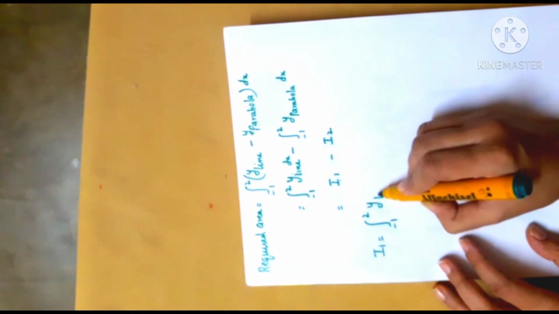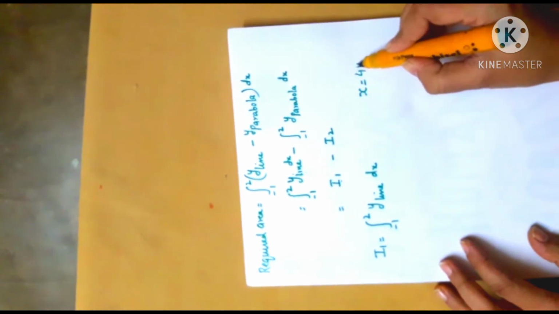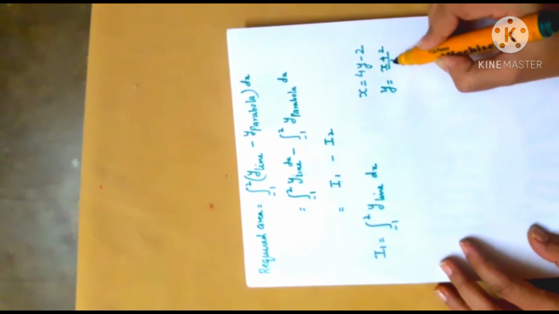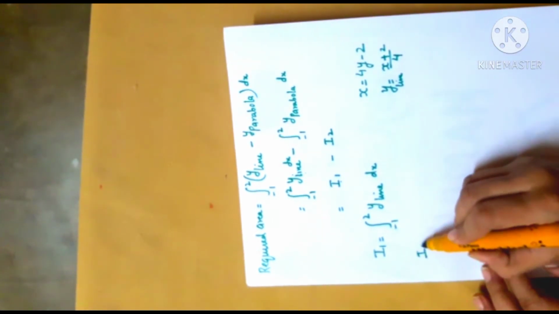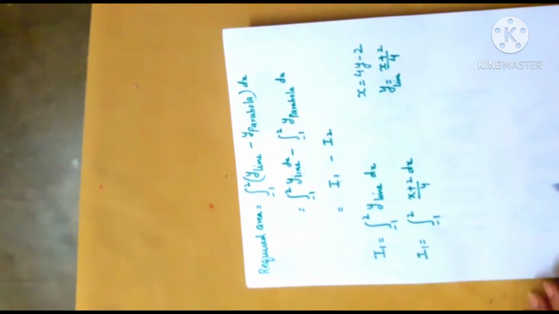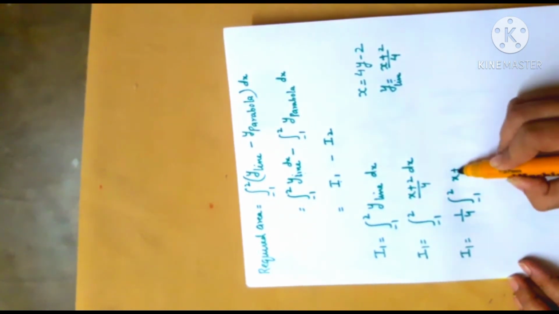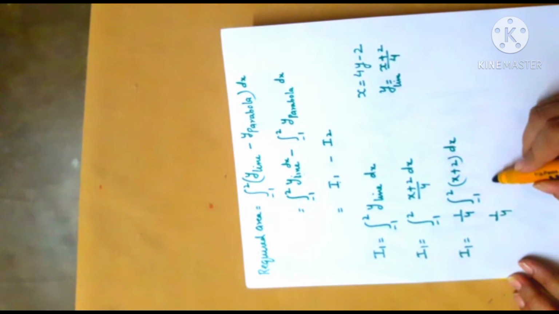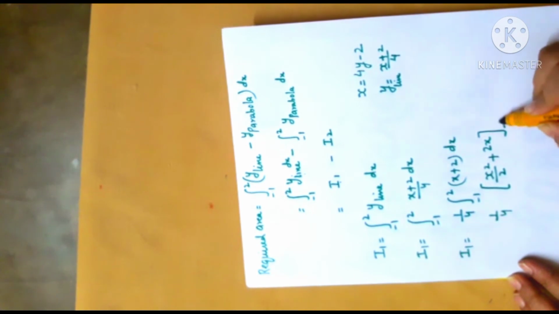It is the integral from -1 to 2 of y of line dx. Yes, the equation of the line is x equals 4y minus 2. So from here, y will be equal to (x plus 2) over 4. So y of line is this. So I put the value here: (x plus 2) over 4 dx. So I1 will be equal to 1 by 4, which is constant, I take this outside. Now integrating, it is x square by 2 plus 2x within the limits minus 1 to 2.